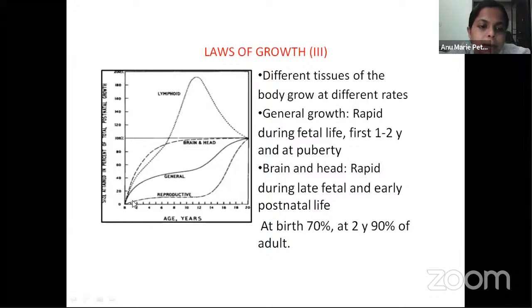Okay. Reproductive, you can see this is a period of no growth until the child reaches puberty. There is almost no change in the reproductive growth, and